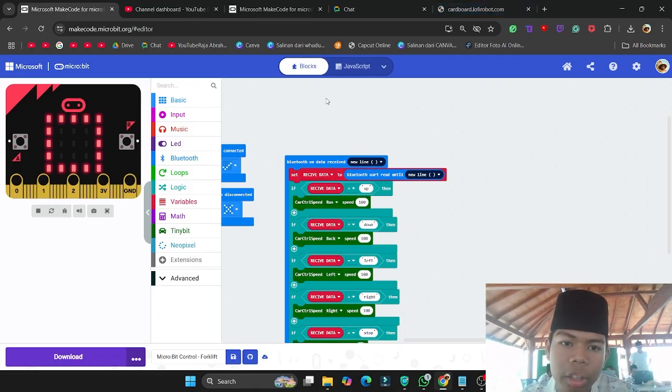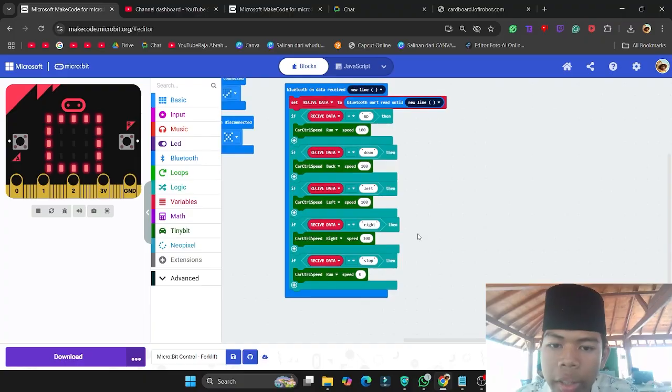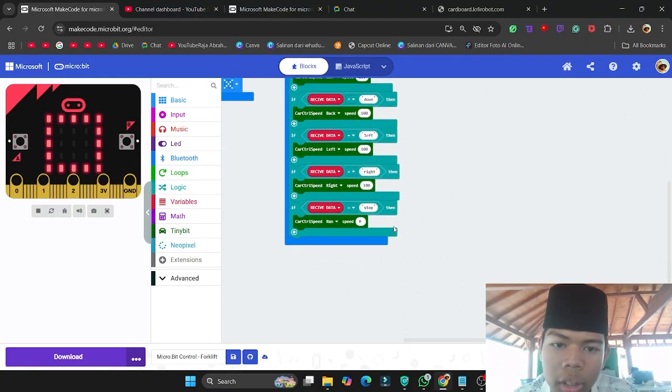The website is gonna send all the way down here until it's gonna appear as a string for our microbit: up is gonna move our microbit forward and down is gonna move it down. Left is gonna move it left, right is gonna move it right, and last of all, stop is gonna make it stop.